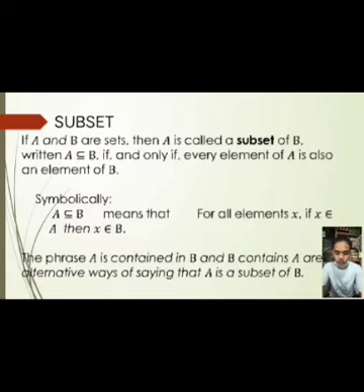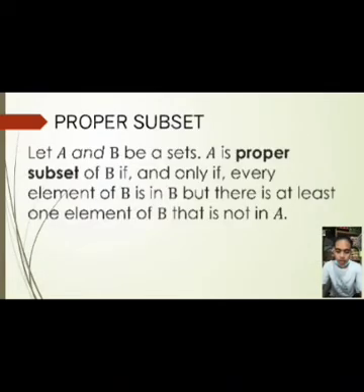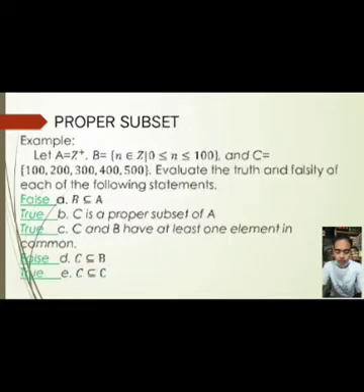Proper subset. Let A and B be sets. A is a proper subset of B if and only if every element of A is in B, but there is at least one element of B that is not in A. Proper subset example. Let A equal Z plus, B equal the set of n such that